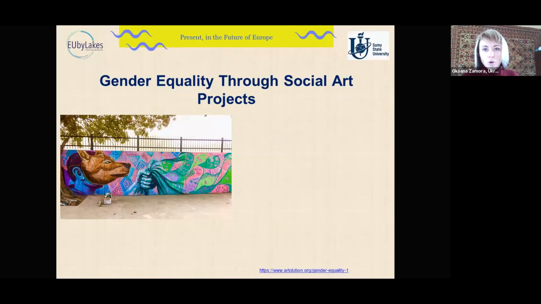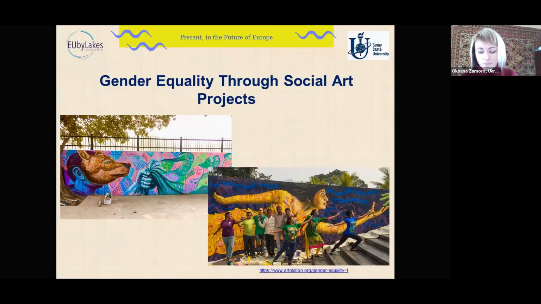Gender equality can also be promoted through social art projects funded by different donors. We have already mentioned that the European Union invests huge money in social projects. What you see here is an example of collaborative art. Collaborative art making is a unique and effective way to mobilize and empower all citizens. This project is called An Art Illusion. It was a community-based project dedicated to promoting gender equality through real-life examples